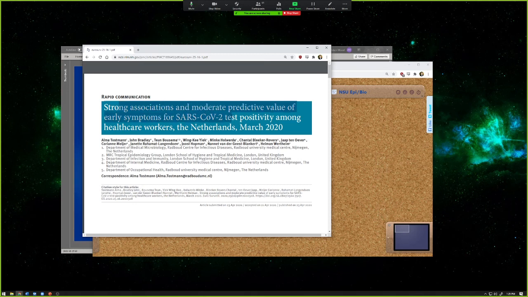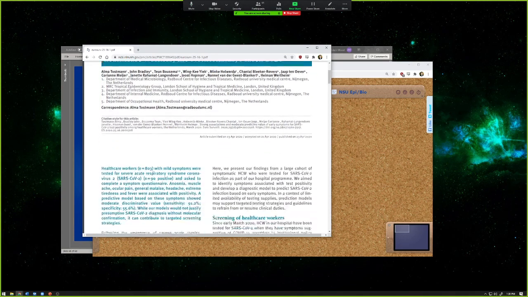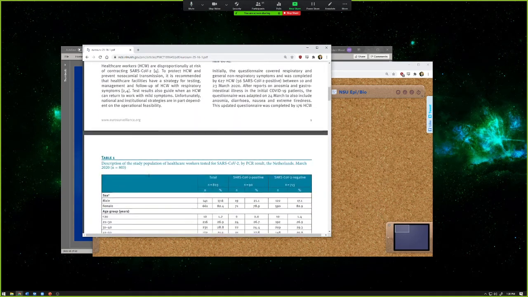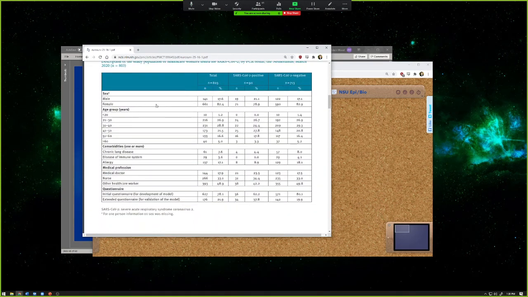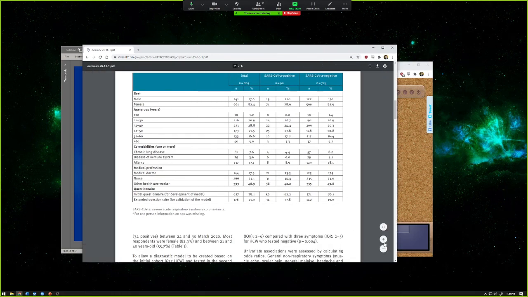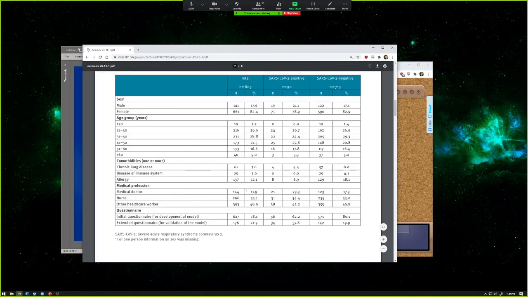They're looking for some predictive values of certain clinical symptoms in patients who tested positive for SARS-CoV-2 and those that didn't. And this is in healthcare workers in the Netherlands. Okay, the Netherlands portion is not really important here. But again, look, they have a total number of healthcare workers that developed some sort of mild illness symptoms, is how they defined it, I think. You know, they were coming down with a cold, they had a fever, they had something, and they wanted to go ahead and do a SARS-CoV-2 check on them, right, to do a test on it.